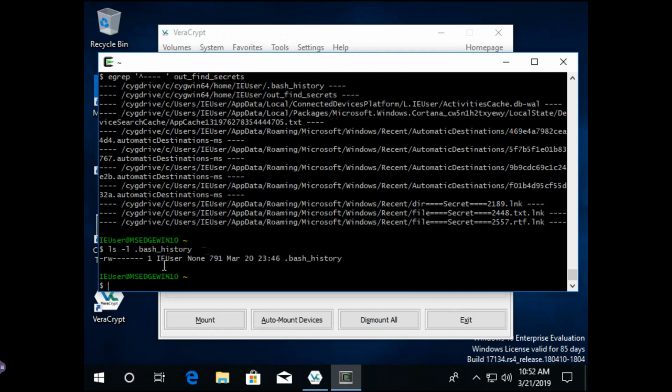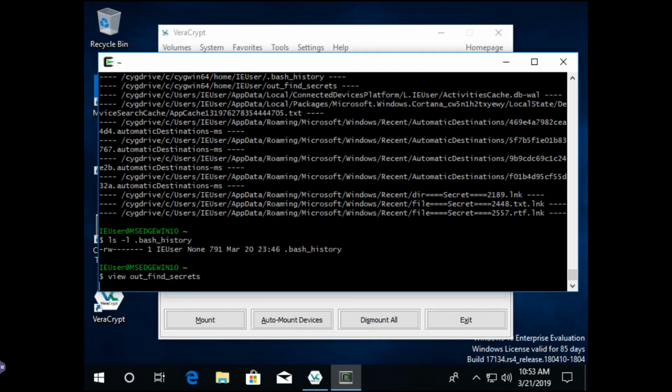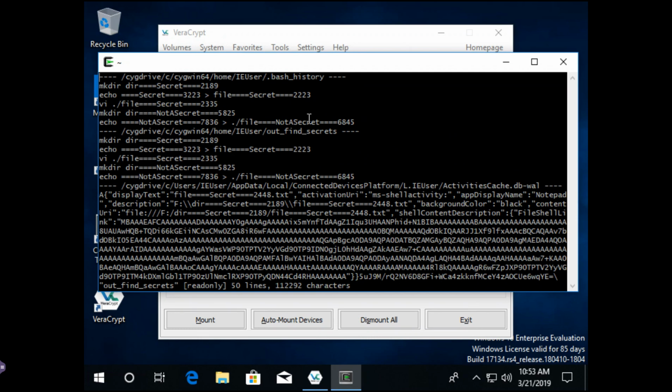So besides the IE user and processes that can override these rules, like the administrator, nobody can look at the contents of that. We can easily, though, go in, because I'm running as IE user, look at this file, and see it. We can also see within the output file, it not only displayed that file name, right up on the top here, bash history,